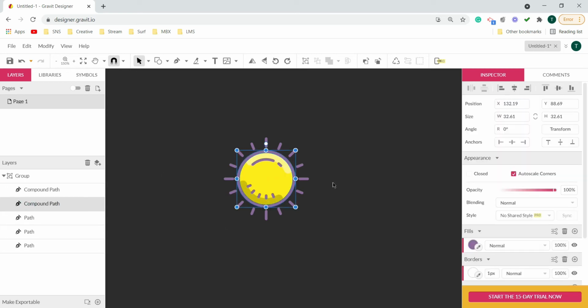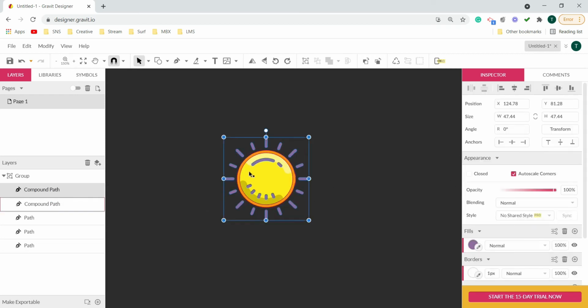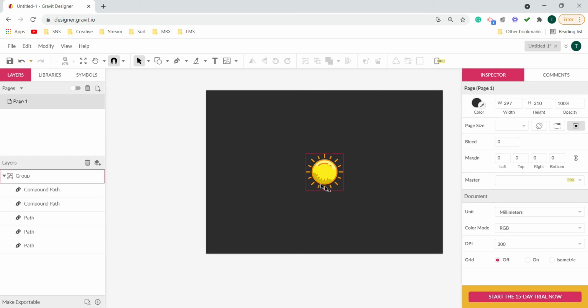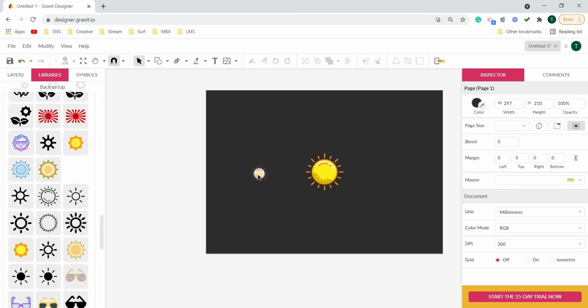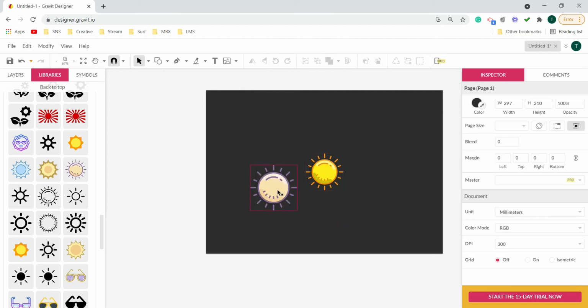Next we have this outline. For this, I am going to choose some orangish sort of tone, or maybe a bit darker towards red. I think this much seems good enough. This much orangish tone. And for the last one also, I'm going to choose the same color tone. So I will simply pick it up like this. Alright. So if I zoom out now, I can see that it is looking much more like a sun. We can compare it over here. I would prefer this as a sun rather than this one. So that's why I have made the changes.